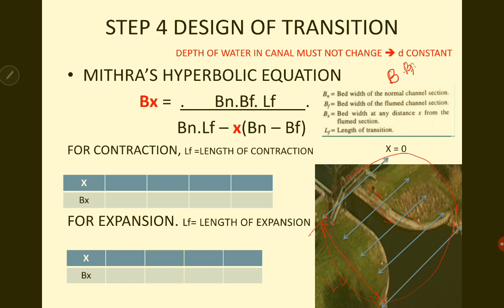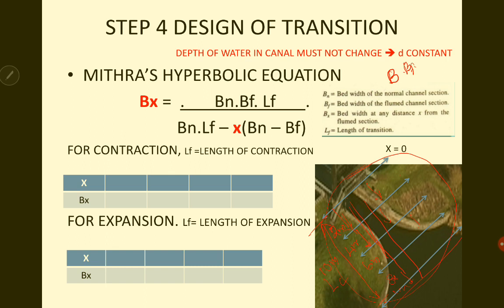If this is the contraction section, we have to take some points in between this LC and find out the dimensions at each of these points. Okay, so we will be taking x, it will be 10 meter. We can take it as 2 meter. The next is again 4 meter, 2 plus 2, 4 meter. Or you can take here 6 meter. You can take 8 meter and take one more section and say it's 10 meter. Okay, so the whole section is divided into certain intervals. We are finding out the dimension at those intervals. So that is this x.